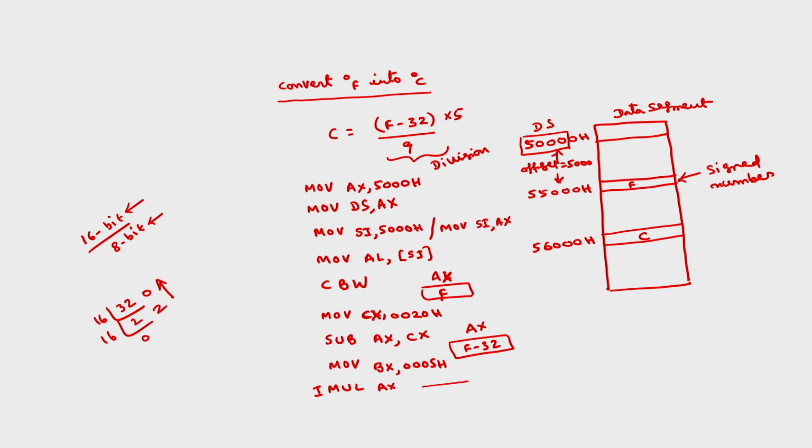So what is the operation here? AX and BX will be multiplied, and the result is stored in DX AX. Okay. Now in DX AX we will be having the 32 bit result of this 16 bit into 5. Now we have to divide this with 9. 9 also you have to take as 16 bit data. So you take MOV BX comma 0009H. You may get some remainder also, so I am going to neglect the remainder.